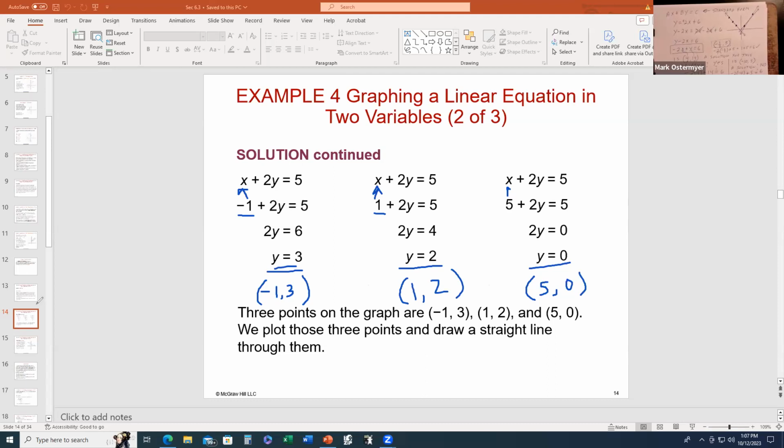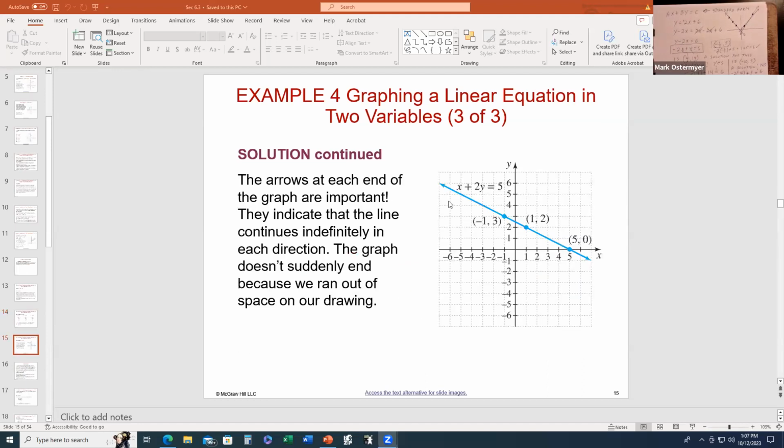We have 3 points. So I'll tell you what, let's take these 3 points, plot them in the XY plane, put a line through them, and let's see what the graph would be. And there you go. We plot the 3 ordered pair solutions we found, put a nice straight line through them